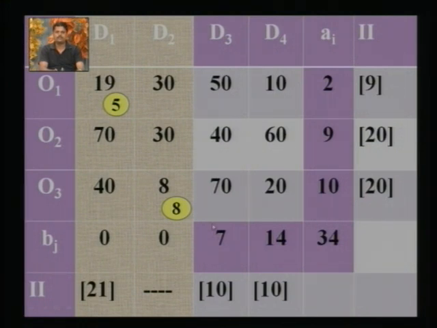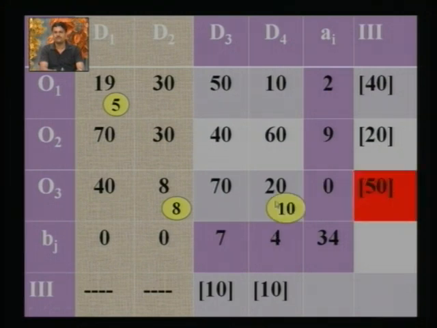Again for the third round, we calculate penalties only for the remaining cells. So only for these 2 columns and for these 3 rows, one has to calculate penalties in the third round. So it is done here. Now in this, the highest value of penalty is what? 50. In this row, one has to find the smallest cost cell, that is 20 here. In this 20, we allocate the minimum of 10 and 14, so it is 10. So it is allocated 10, and hence this becomes 0 and this becomes 4. And then as this row is exhausted, we delete row number 3.